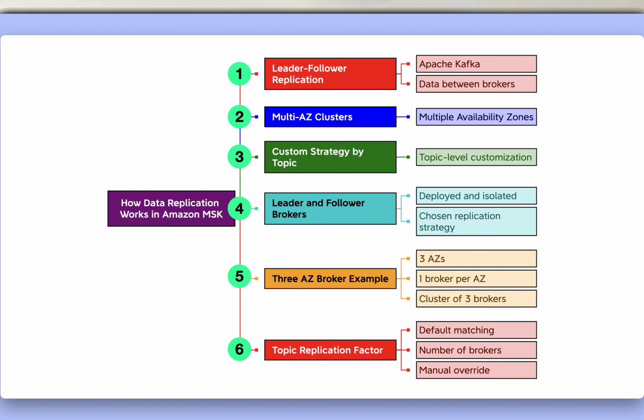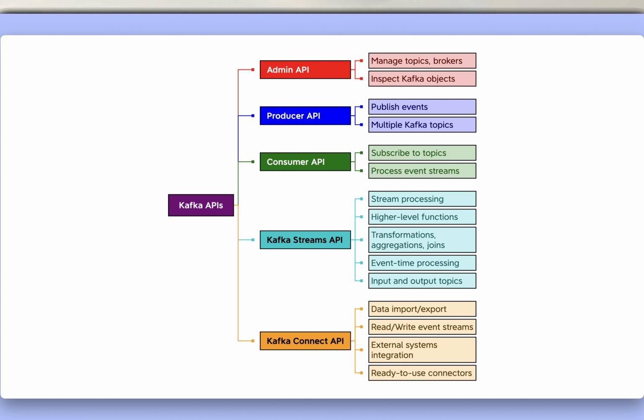overridden. Kafka APIs. In addition to command line tooling for management and administration tasks, Kafka has 5 core APIs for Java and Scala. 1. The admin API to manage and inspect topics, brokers, and other Kafka objects. 2. The producer API to publish, write, a stream of events to one or more Kafka topics. 3. The consumer API to subscribe to, read, one or more topics and to process the stream of events produced